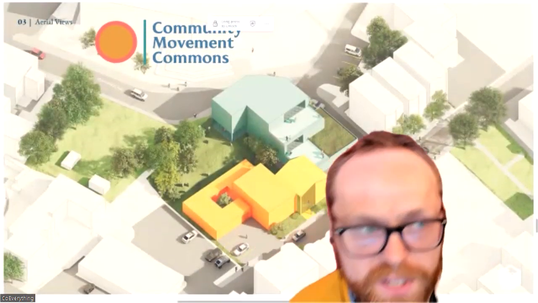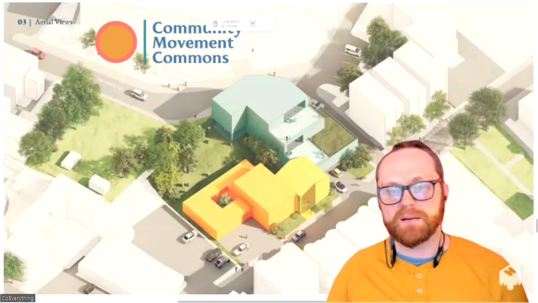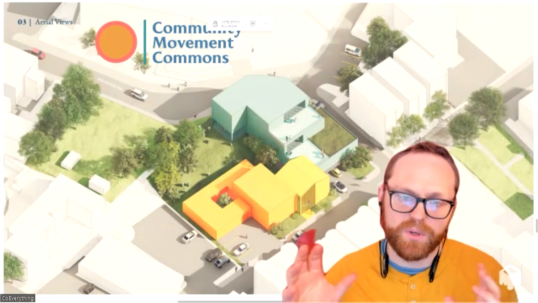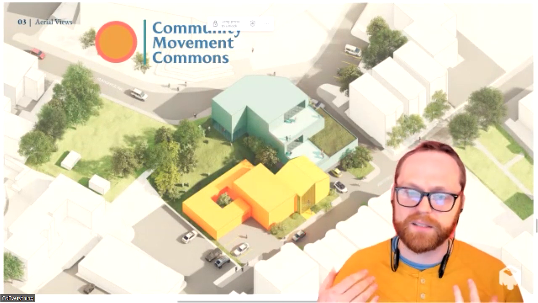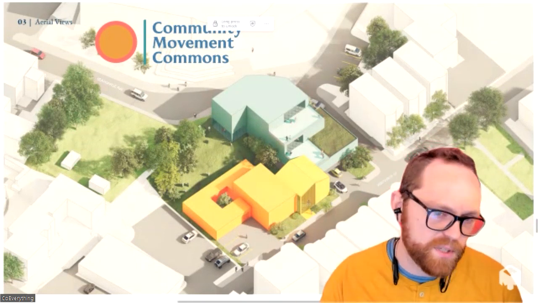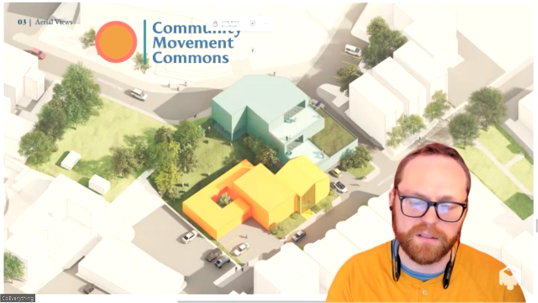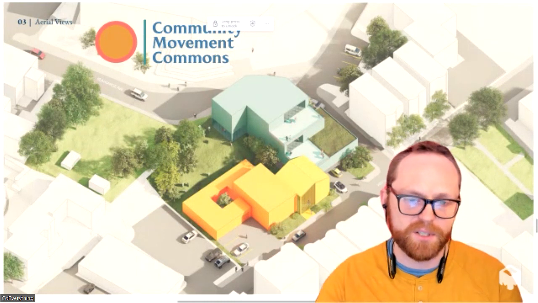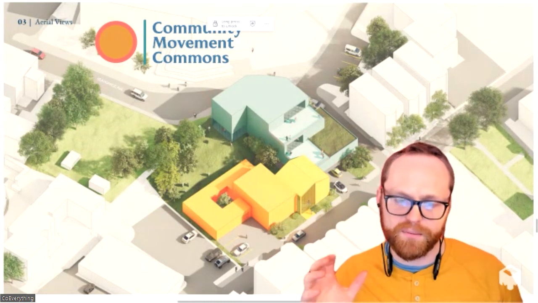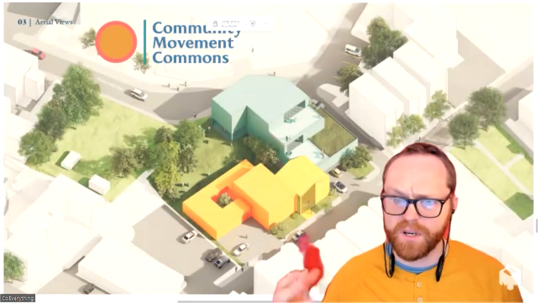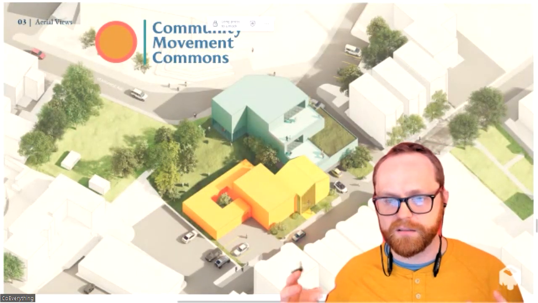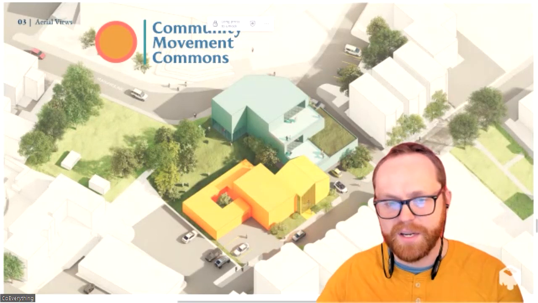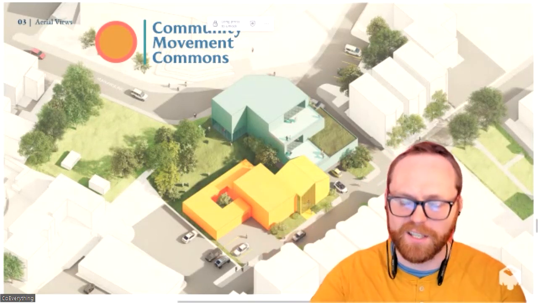Moving on, this is another project that we're in the middle of now. It's a combination of 5 different nonprofits who are coming together. We're serving as a project development consultant and a project facilitator. The way that it's structured is 5 different nonprofits who wanted to co-own a piece of land together. And so what us and a team of attorneys have designed is a model in which they actually can co-own it. So we've created effectively a cooperative that these nonprofits become part of, that is part of another nonprofit that technically owns the land.